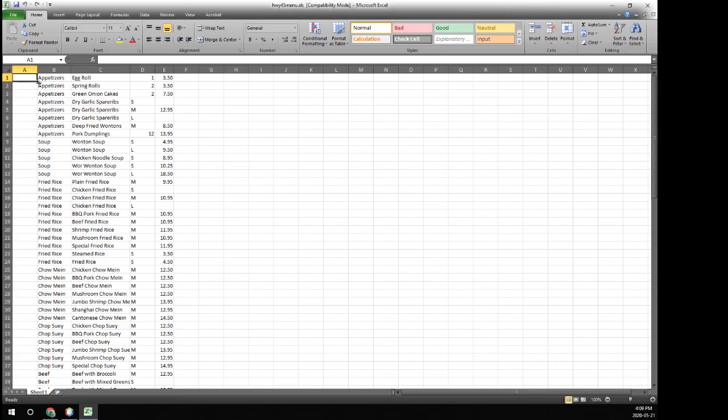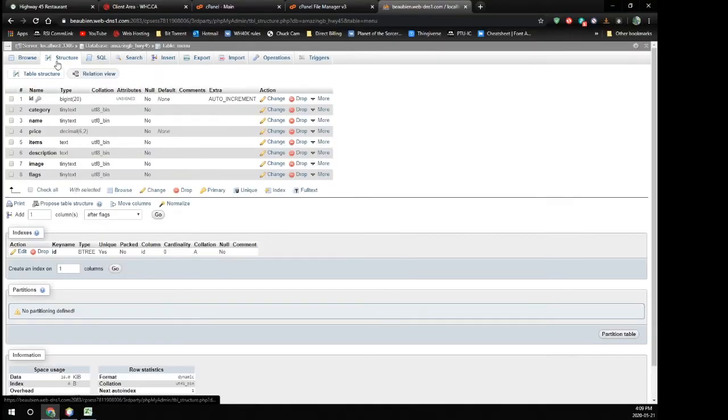I think they're usually called Calc for the Excel-like spreadsheets. But basically what you want to do is create a new spreadsheet. If it has multiple pages, delete all of them but one, so that you just have one basic spreadsheet. Then write all your information out and set the columns to match the columns in your database. So clicking on the structure, the first column needs to be the ID, the second the category, third the name, fourth the price,